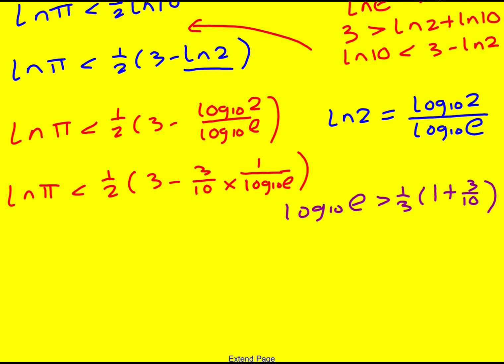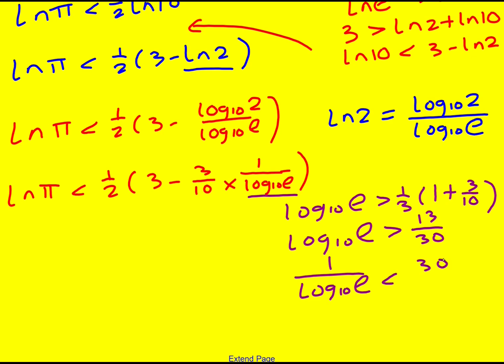I should probably just simplify this like we did before again. So it was 13 over 30. So now I can replace this one because log to base 10 of e is bigger than that. 1 over log to base 10 of e is less than 30 over 13. And therefore,